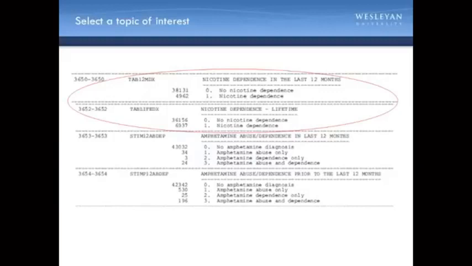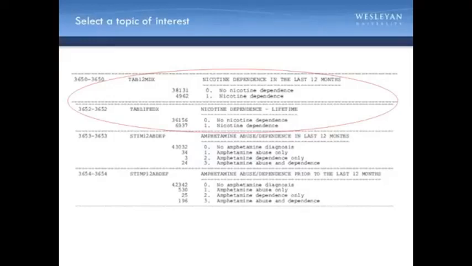In the example that I will be working through, I chose the NESARC dataset. After reading through the codebook for the NESARC study, I decided that I'm particularly interested in nicotine dependence. This is represented in the dataset by a few variables. Here I show two of them, lifetime nicotine dependence and nicotine dependence in the past 12 months. A value of 0 for each of these variables indicates no nicotine dependence, and a value of 1 indicates the presence of nicotine dependence. I also note that the name of these variables are tab12mdx and tablifedx. I'll use these names later when we begin to work with the data.